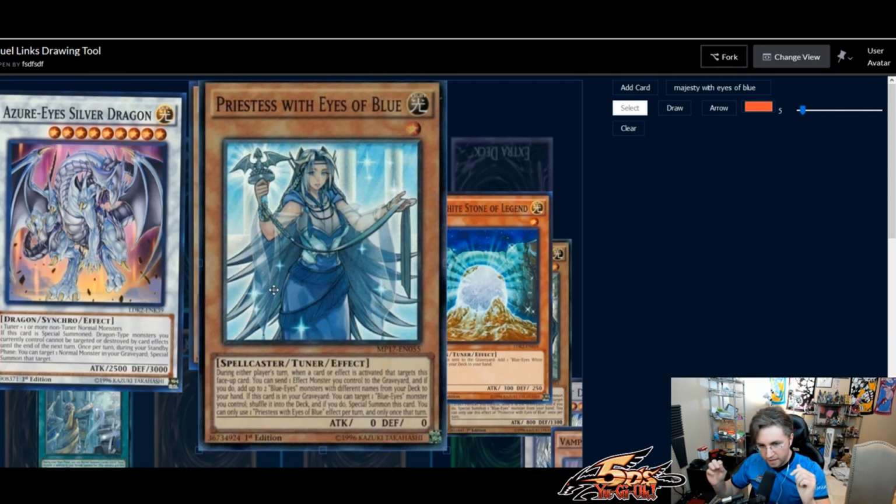This one, you would target herself. And if you do, add up to 2 Blue Eyes monsters with different names from your deck to your hand. If this card is in your graveyard, you could target 1 Blue Eyes monster you control, shuffle it into the deck. If you do special summon this card, you can only...